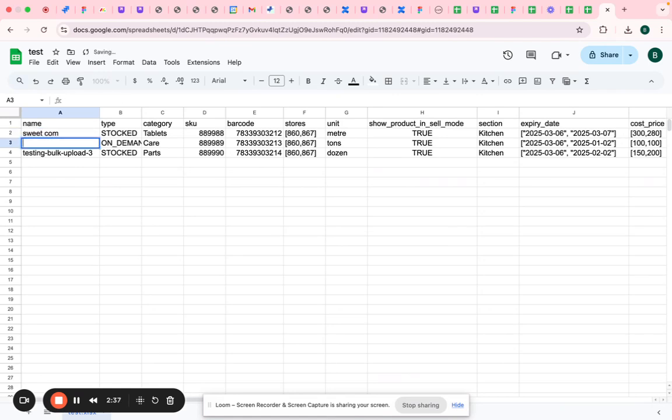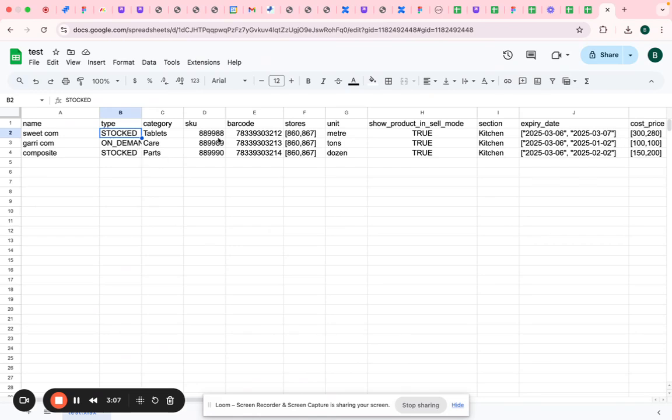Just any name, then Gary. Then composite. Okay, so I would not change any of these. So I would use the stock, the on demand, and stocked also. Then category is table,